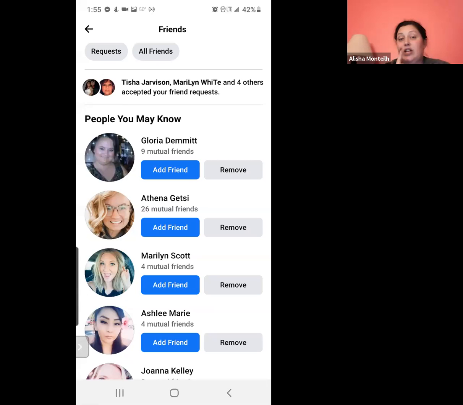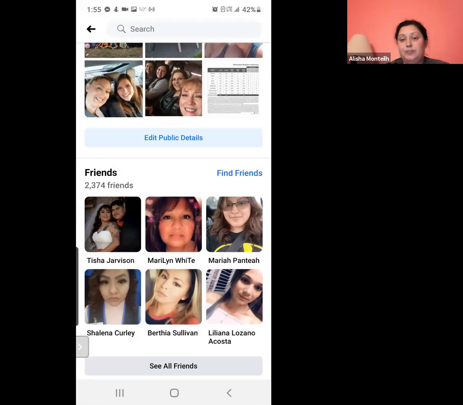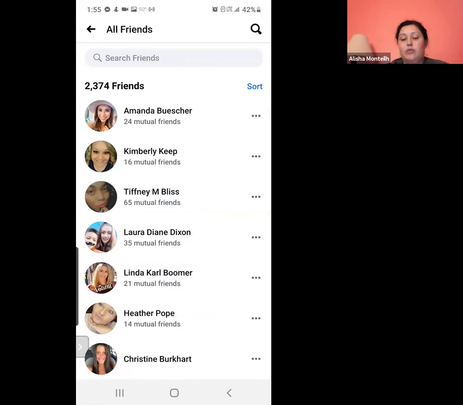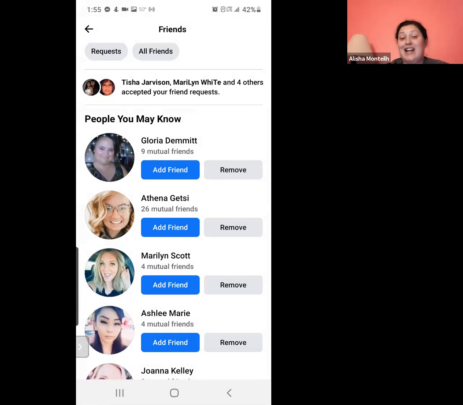The other thing you will need to do is delete your old friend requests. From your Facebook page, you're going to go to find friends. Next to that, it says all friends and then requests.